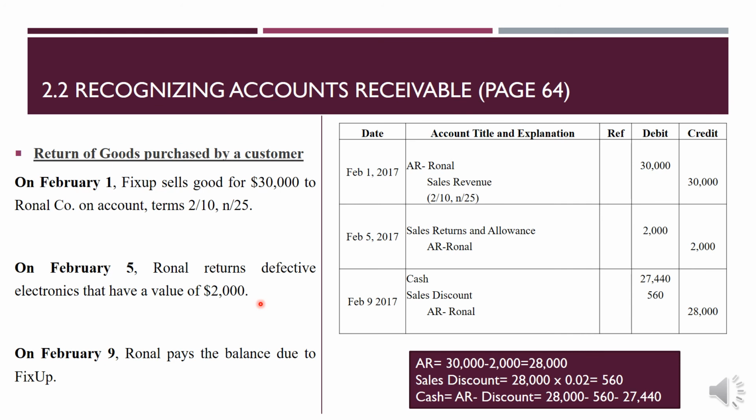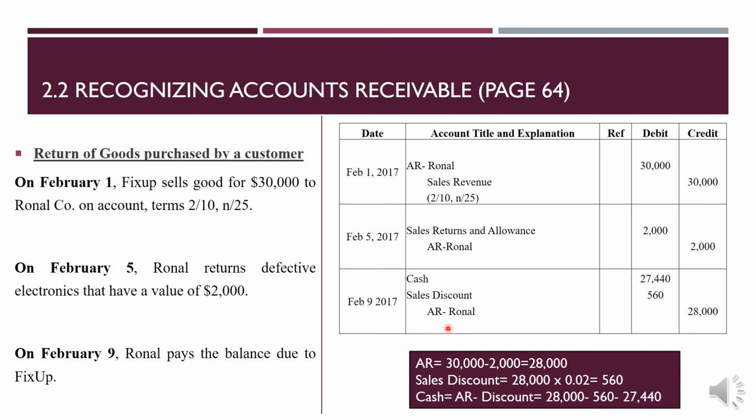So of course the accounts receivable of the customer will decrease. Accounts receivable decrease in the credit side. And we need to enter an account related to the return called sales returns and allowance, and it's in the debit side. On February 9, it's given that Ronald pays the balance due to FixUp. First, since he paid within 10 days, there will be a discount of 2%. So we will have the entries as in the slide before, cash, sales discount, accounts receivable,